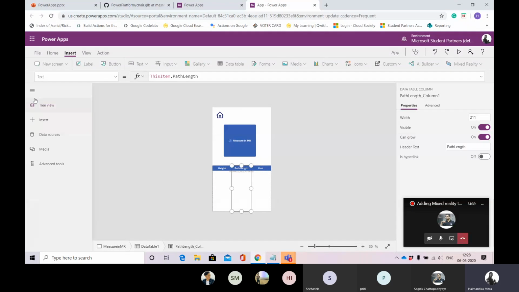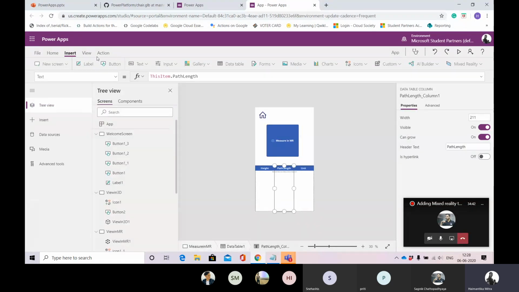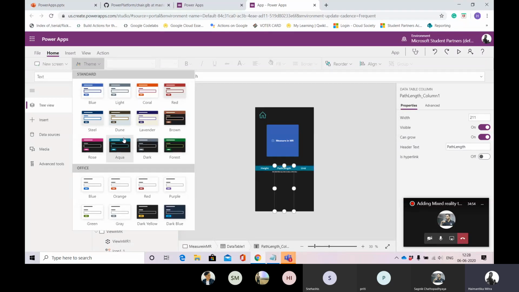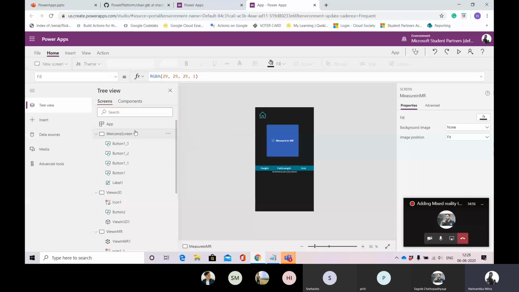It looks very bad, I know, because I haven't designed it. If you want, you can go ahead and add a theme, but I won't be adding all of these. All of these are there in Home, Insert; from Home you can add any theme to it. So it all depends upon your imagination and how you are making things work.